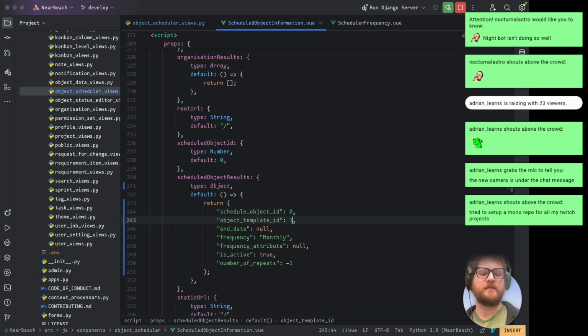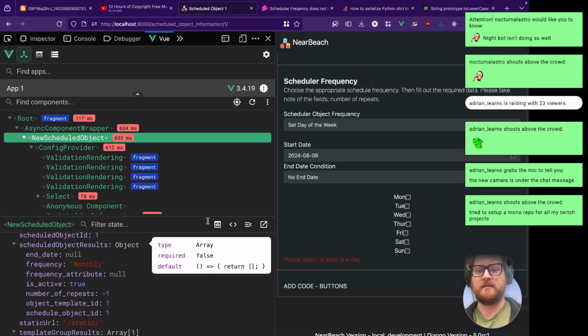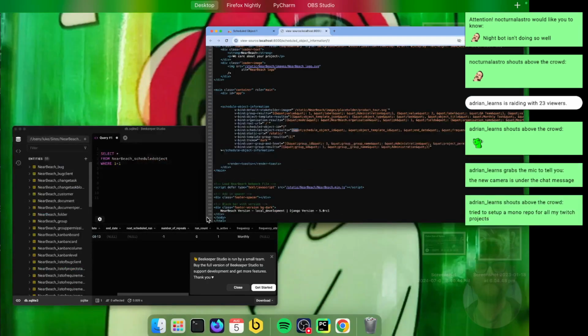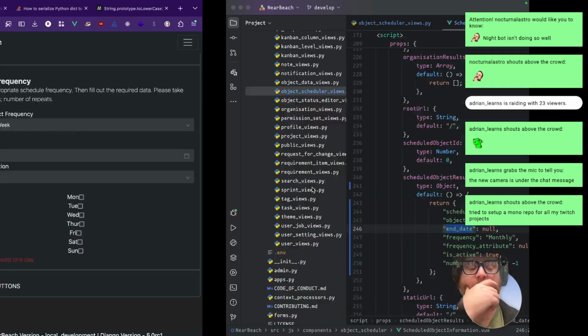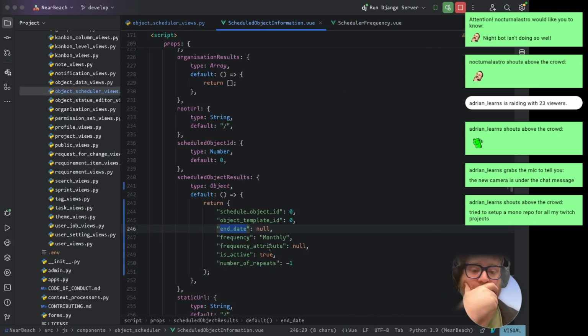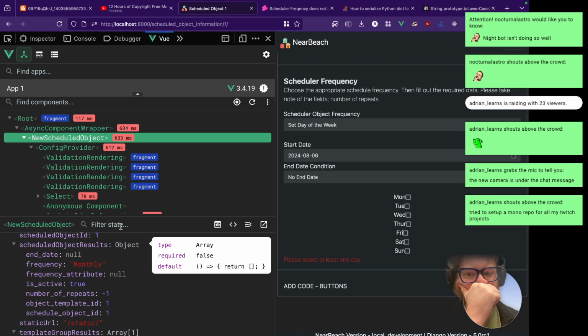So let's generic this all up. Don't know why end date is null. I think I screwed that field up. Oh, no, it's null. It's null in the database. I didn't screw it up. I'm happy. We're actually going to use